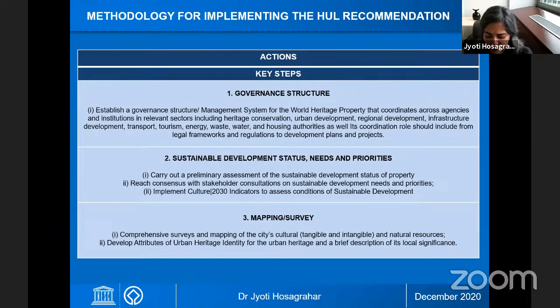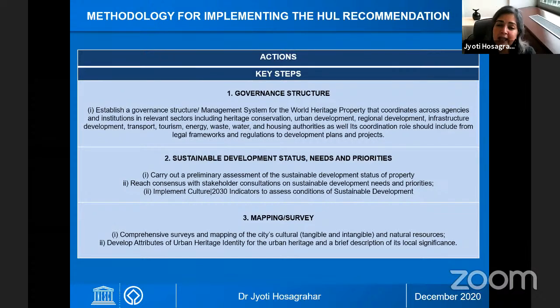I want to touch now upon the outcomes of an expert workshop that was organized in Fukuoka, in Japan, thanks to the government of Japan, in January of 2020. And we're very pleased to see here also that some of the experts who participated in this workshop are present with us today. And one of the key outcomes was a methodology for the implementation of the whole recommendation,